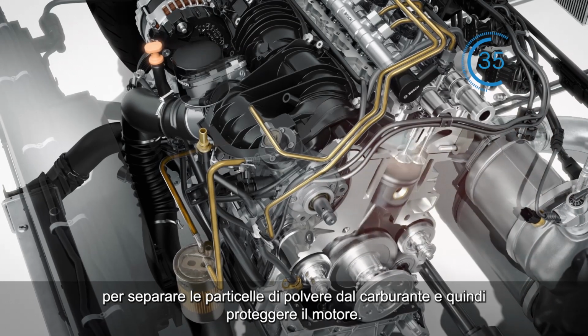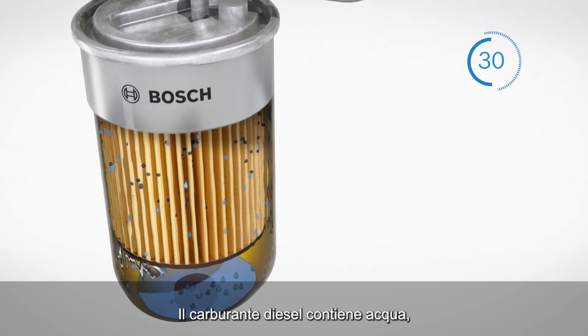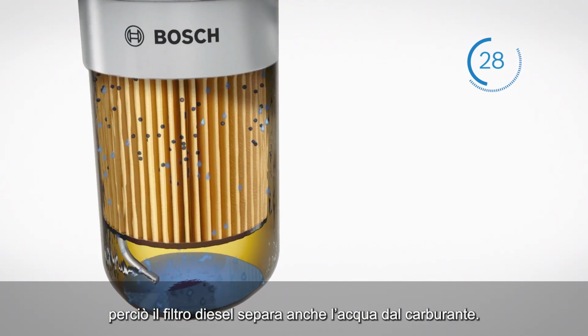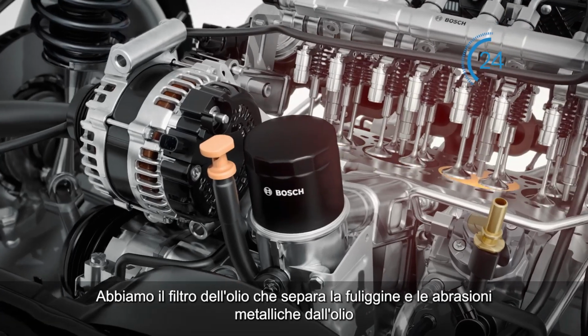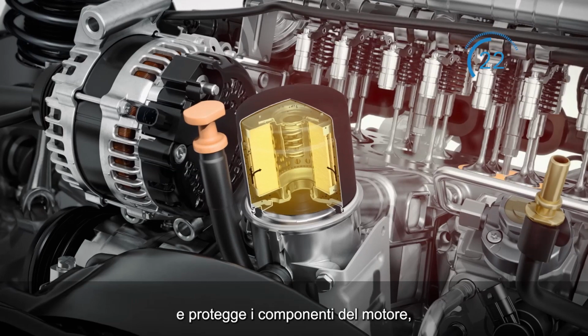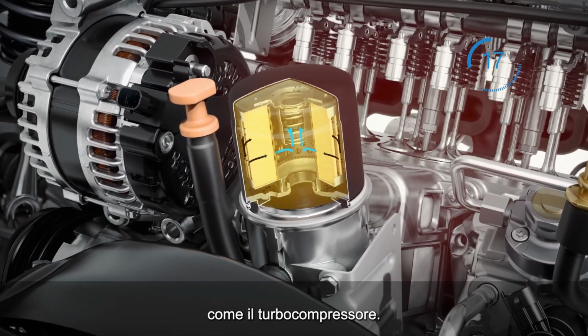We have the fuel filter to separate dust particles from the fuel and thus to protect the engine. Diesel fuel contains water, so a diesel fuel filter also separates the water from the fuel. We have the oil filter, which separates soot and metal abrasion from the oil and protects components of the engine,